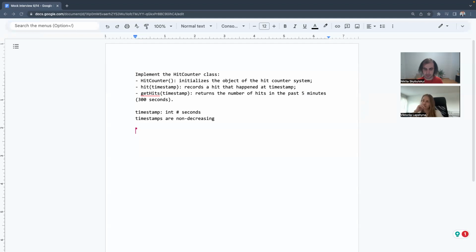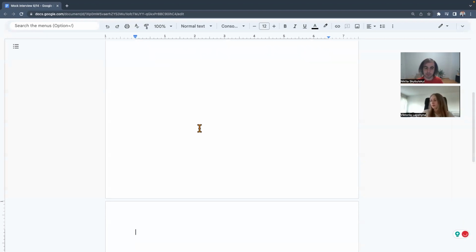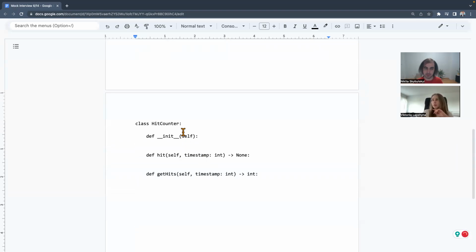You want Python, right? Yes, Python. In that case, one second, I need to grab the interface. If you don't mind, I will paste it to the next page so that we can have it separated. Sure.